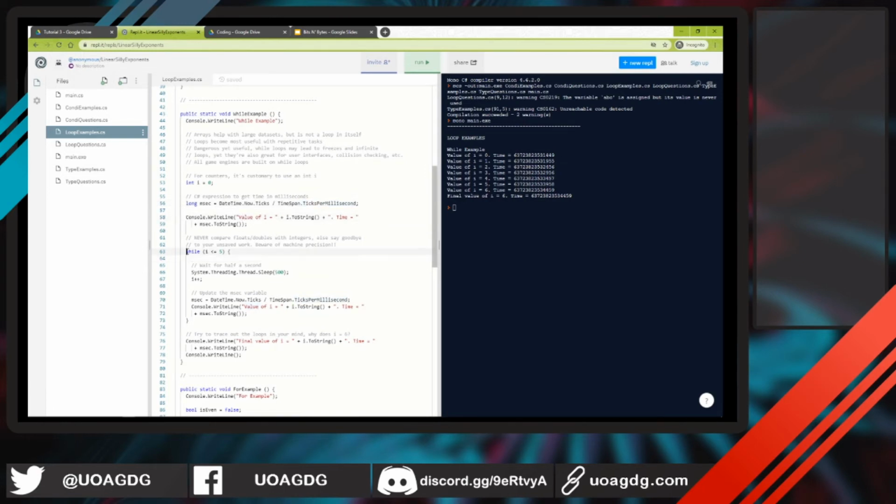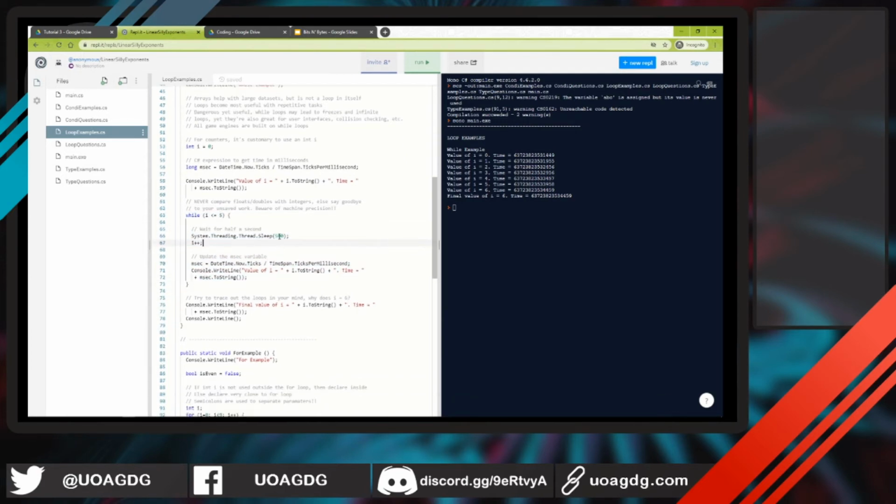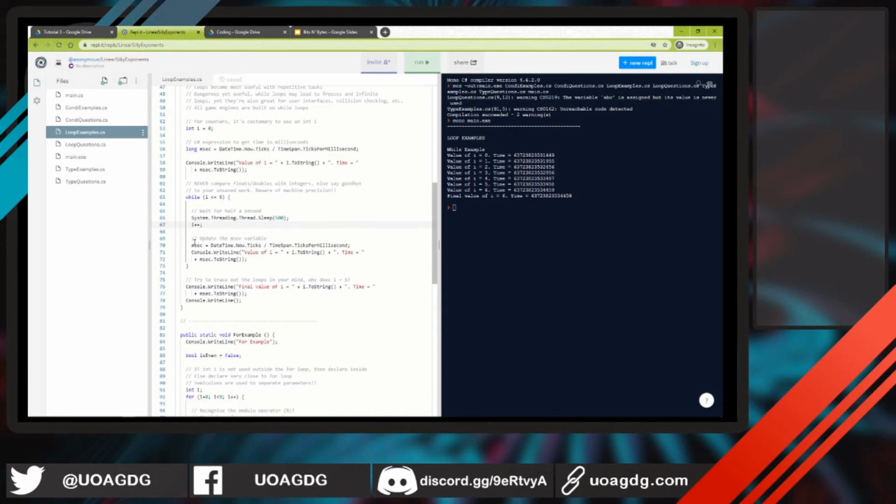Okay, so here is the while loop. While I is smaller than or equal to 5, what's this? Sleep. Okay, I guess half a second. So this must be in millisecond units. Alright, so the compiler sleeps for 0.5 seconds, and then increases I by 1,